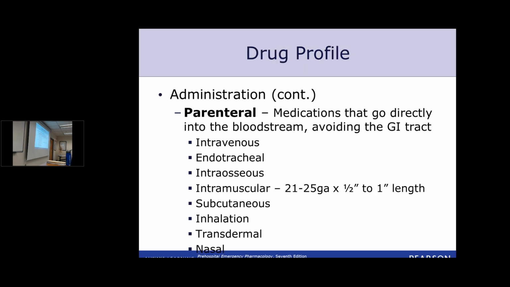Parenteral will avoid the GI tract. Now catch this: it doesn't mean that it doesn't end up in the liver, because the liver is the big organ that does this metabolizing of drugs. Eventually it will end up in the liver as far as breaking it down and everything else. The difference is that this is going to go straight to whatever the